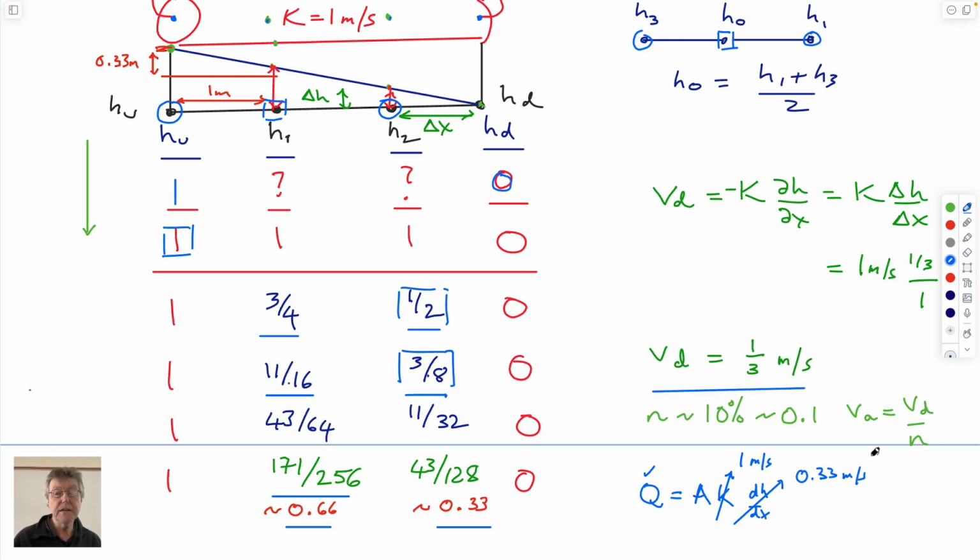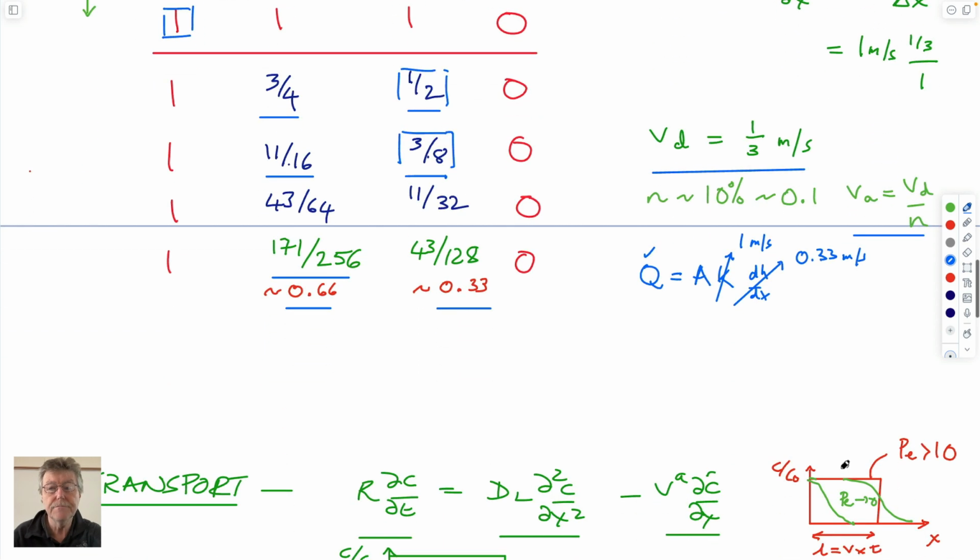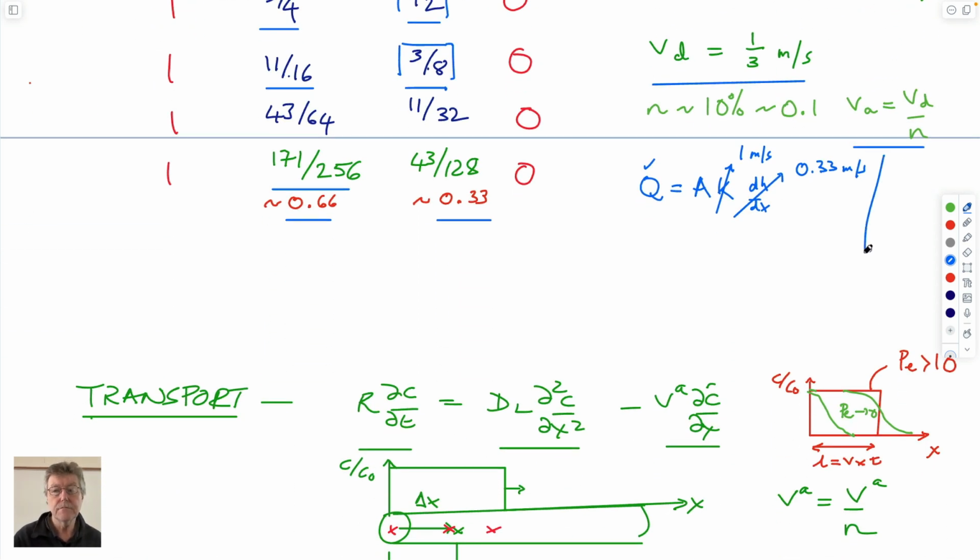If you have the Darcy velocity, by definition, if you know the porosity, you have an advective velocity. If porosity, a not unreasonable value, is 10%, then the advective velocity would be, instead of 0.33 meters a second, it would be 3.3 meters a second. So you have the ability to calculate your advective velocity. So that's what you needed in your analytical solutions to be able to solve for the system